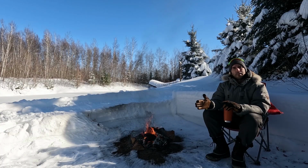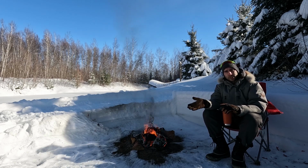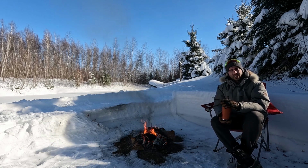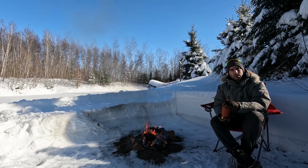When I started milling by hand with the chainsaw, there would be an option to try and build a little bridge. The upside of the bridge is it's a lot cheaper because I don't have to pay anything except the fuel for the chainsaw. The culvert is quite expensive. I would have to backfill. I probably don't have enough dirt on hand. I would probably have to bring in some,